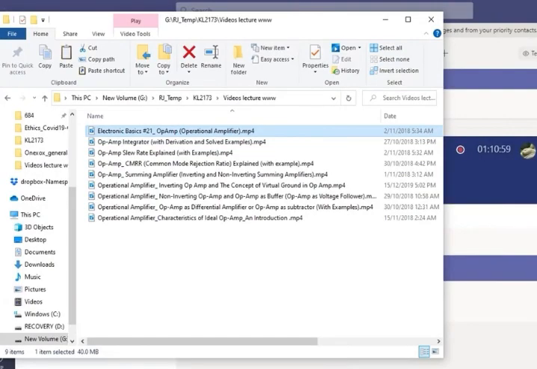Okay, I think those two videos are very interesting. It shows theory and then how actually you can evaluate, you can see the performance of the op-amp. Okay,